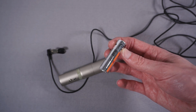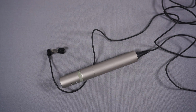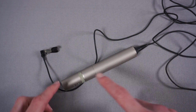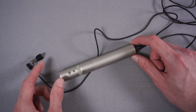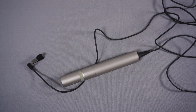And this battery is only reading about 0.9 volts with no load on it at all. So this battery is basically dead, but it still powers it absolutely fine. So it seems like the battery life will be really good. But yeah, you can't switch it on and off, so it's worth bearing in mind if you're not going to use it for a while to actually physically take the battery out of it. And that then means you can power it from a device that doesn't have phantom power. So you can plug it into just many more devices, mixers, all that sort of stuff, if they don't provide